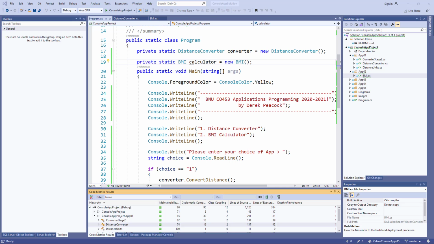So this video assumes that you've completed apps 1 and 2 and might want to refactor them in order to improve your mark, because you may have unnecessary code duplication and some of your methods might be too long. So just to show you, I've modified the program. I have a BMI calculator as well as a distance converter in this static class,